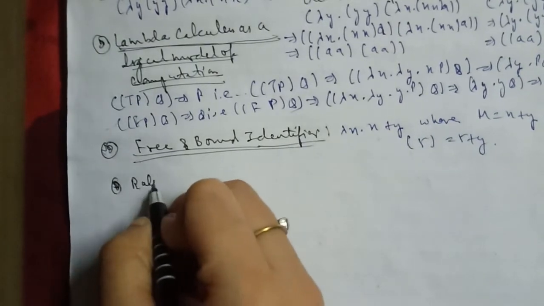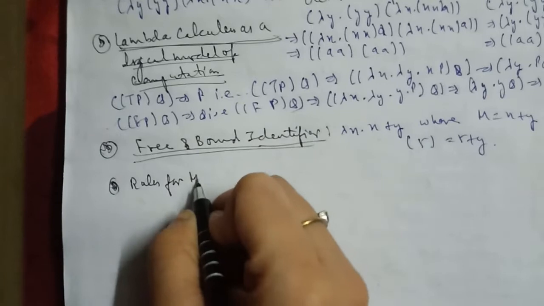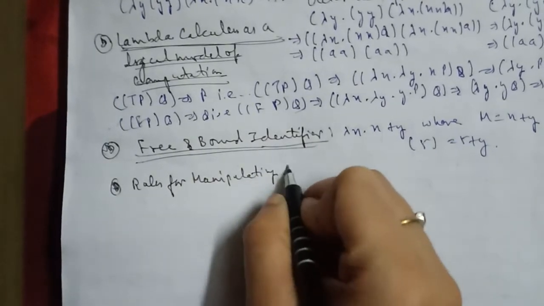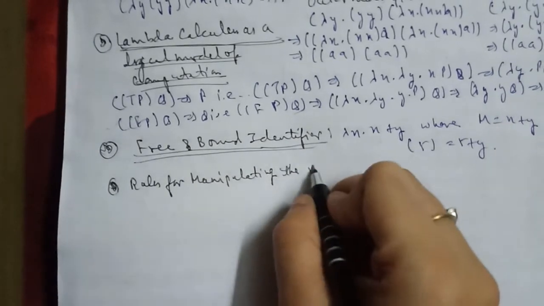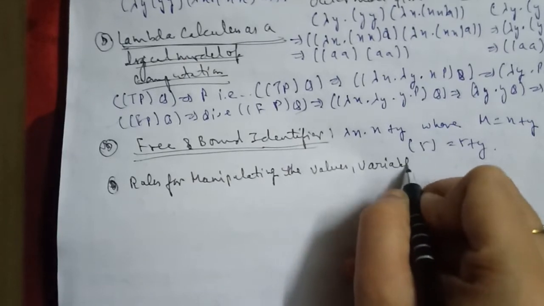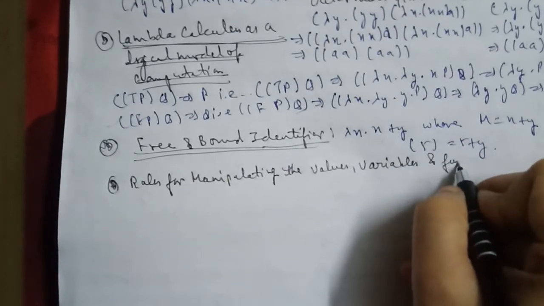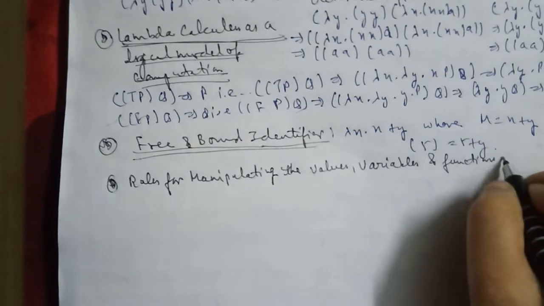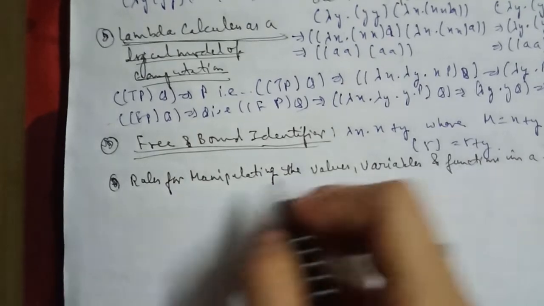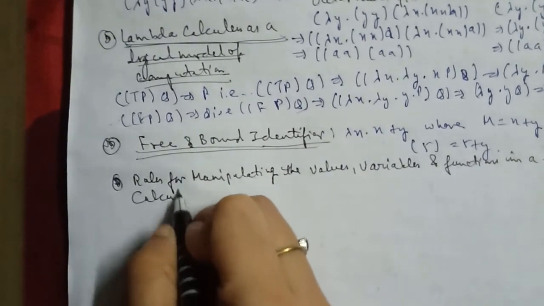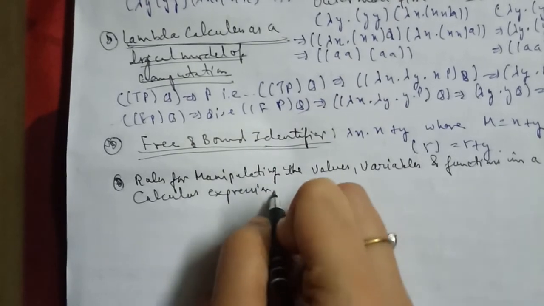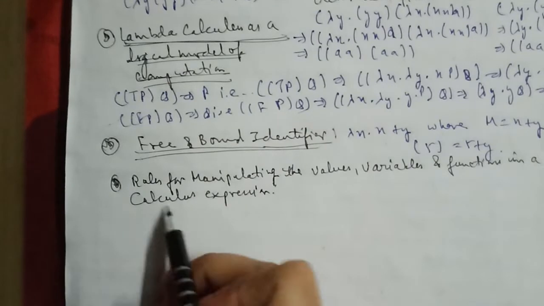That is rules for manipulating the values, variables, and functions in a lambda calculus expression. So in this, the first we have here is your alpha conversion,